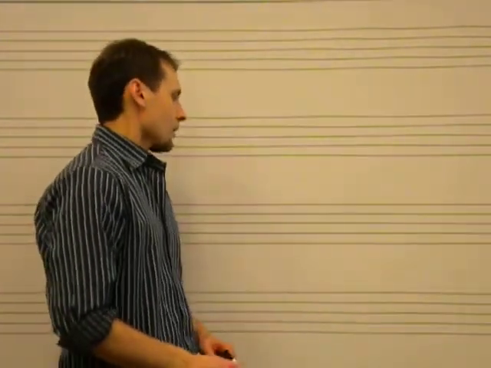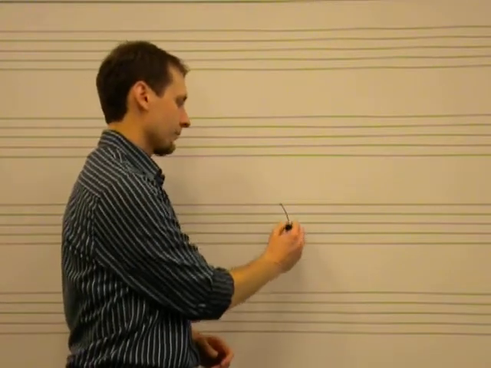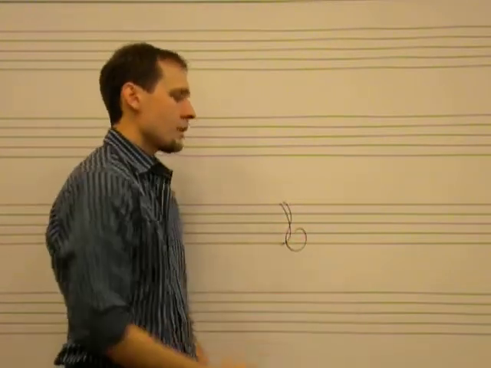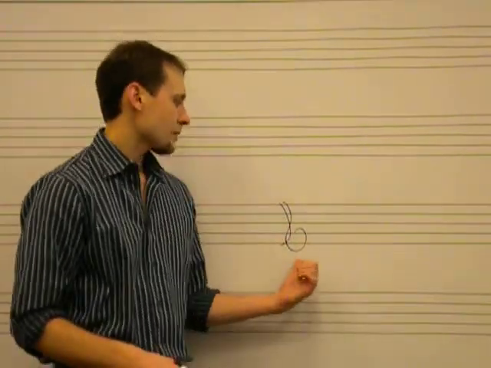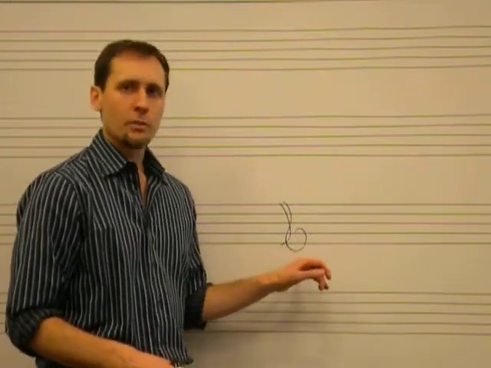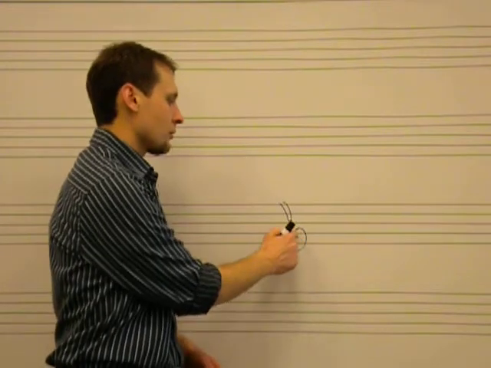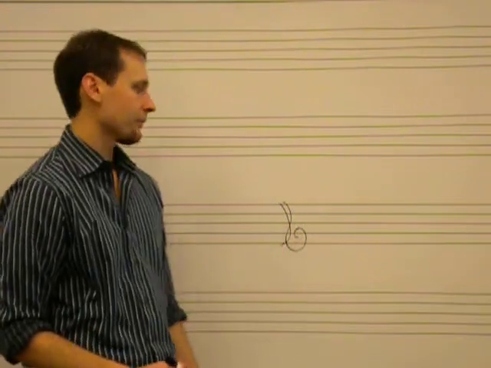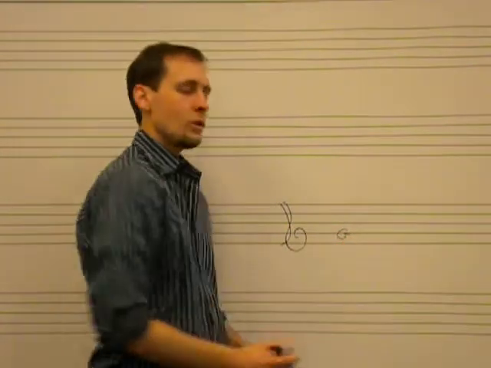Now, depending on what clef you're in, the lines and spaces are going to mean different things. Now, a clef is this symbol that you're going to see over here on the left side. This is called the treble clef, and it's also called the G clef because this little loop goes around the G line right there. Now, if you know that this is G, then this will help you in finding the